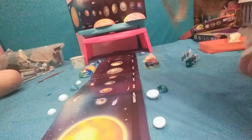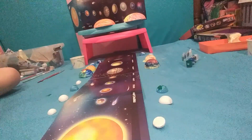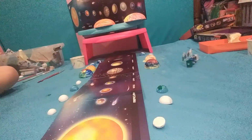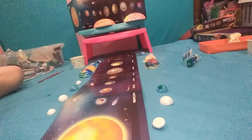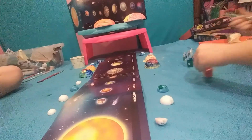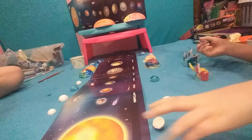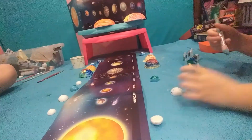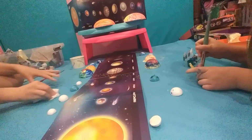Now, who is going to guess another planet? Venus. Yes, red hot Venus. Are we ready? So I'm going to start reading, and if you've done a little bit, you can start painting. The second planet from the sun,